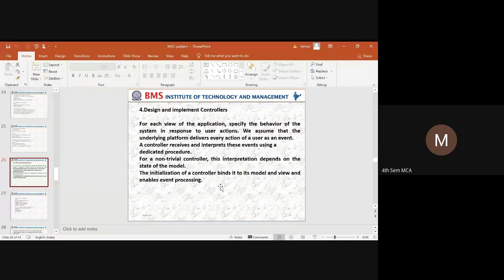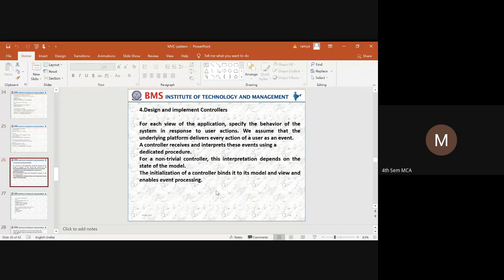Next, we need to design and implement the controller. To design and implement the controller, we need to consider the application. The controller will receive all the notifications and it will implement the dedicated procedure for that.